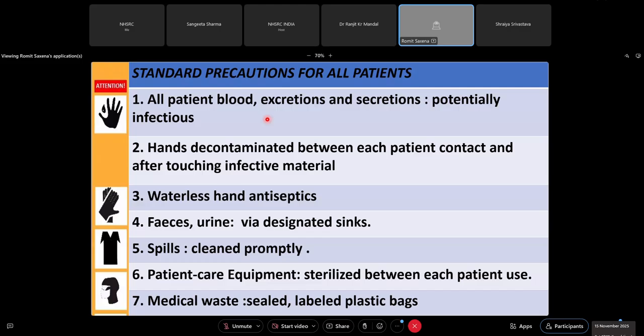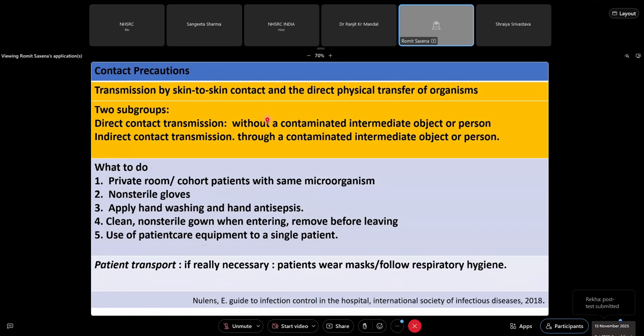And again, if you are handling a lot of infectious patients like chickenpox, wear gloves before you do it. Learn to have a mask, if not an N95, at least a normal face mask. Always wear it, and remember how to wear it and how to take it out. So there are a few things you have to understand: we discussed fecal-oral route, airborne precautions, droplet precautions. So for the modes of transmission, there are adequate precautions which help us curtail that infection. One is contact precautions. This is where the person gets in direct contact with the infection.